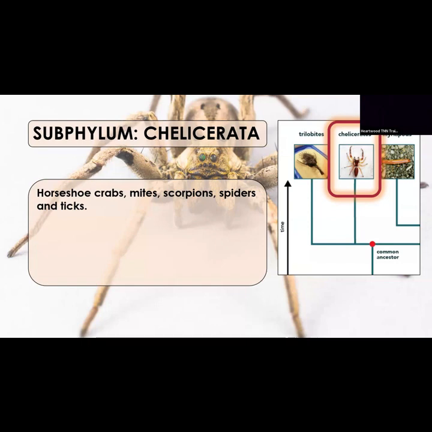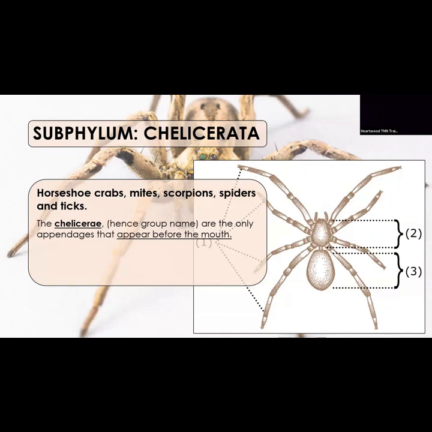So you have the Chelicerata. Those are horseshoe crabs, mites, scorpions, spiders, and ticks. Those are your definite non-insects, but they often get confused for them, especially if you're not familiar with how to identify them. The primary difference between insects and spiders is that spiders, or Chelicerata, have only two body sections. The chelicerae, that's how they get their name, are the appendages in the front of the mouth. That's something unique to their group, which is why they're all under the Chelicerata subphylum.